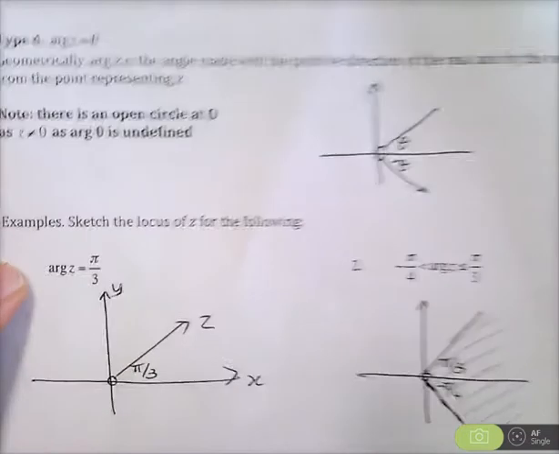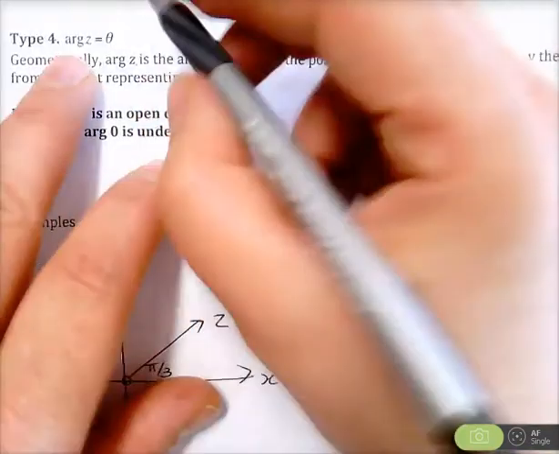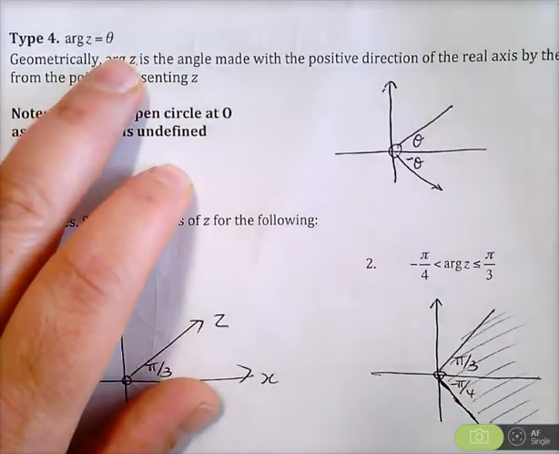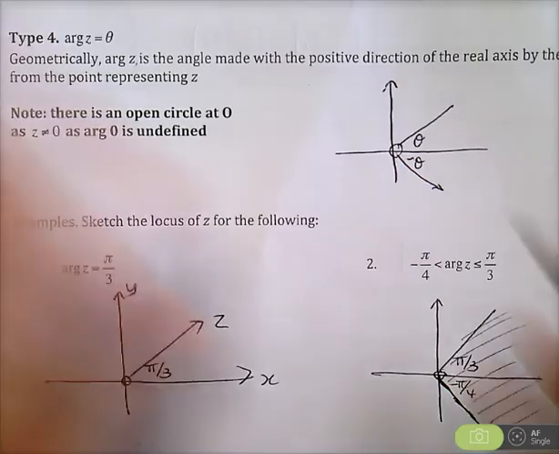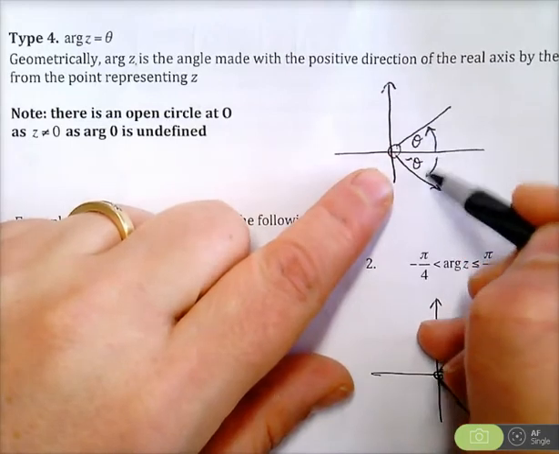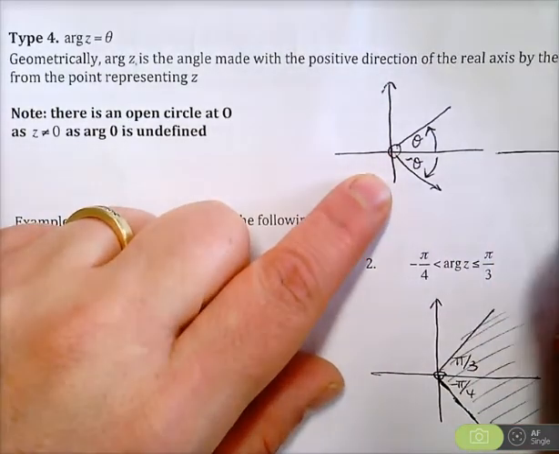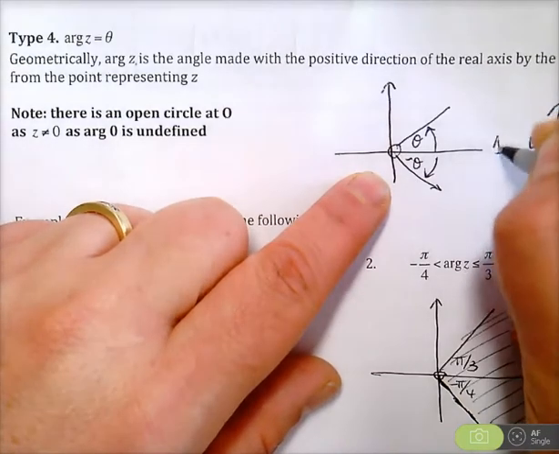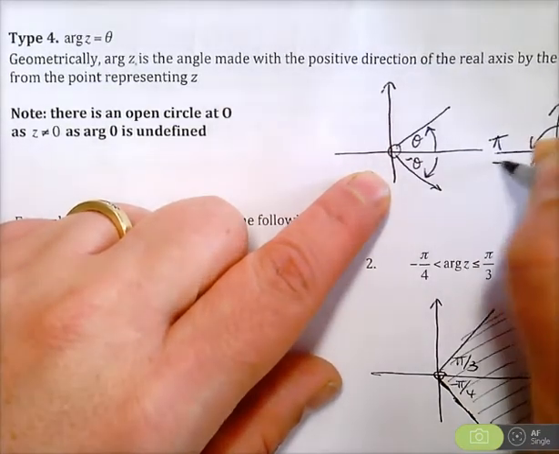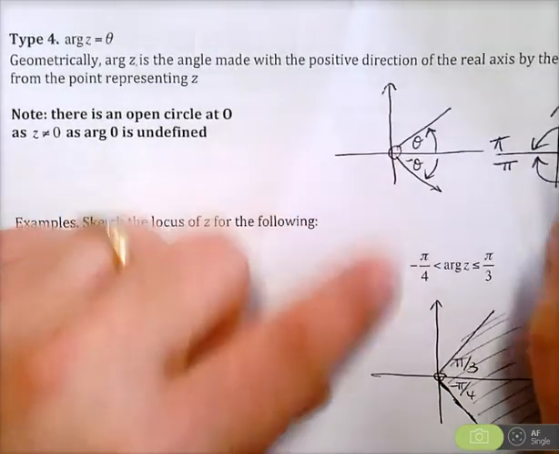So type 4. You may see something like arg z equals some angle. Now, arg z, remember, is the angle that you make with the positive direction of the real axis. It could be upwards or it could be downwards. The reason is that arg z lies from 0 to pi and from 0 to minus pi. Remember that? So arg z